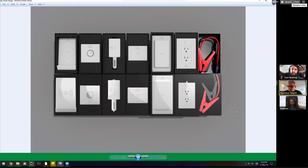what did we say our minimum was around the edge, Philip? Quarter inch. So the minimum of safety packaging around the edge is a 1/4 inch between the item itself and the outside world, with good packaging. So when you layer in the foam, and we haven't actually yet determined what that interior layer is going to be,